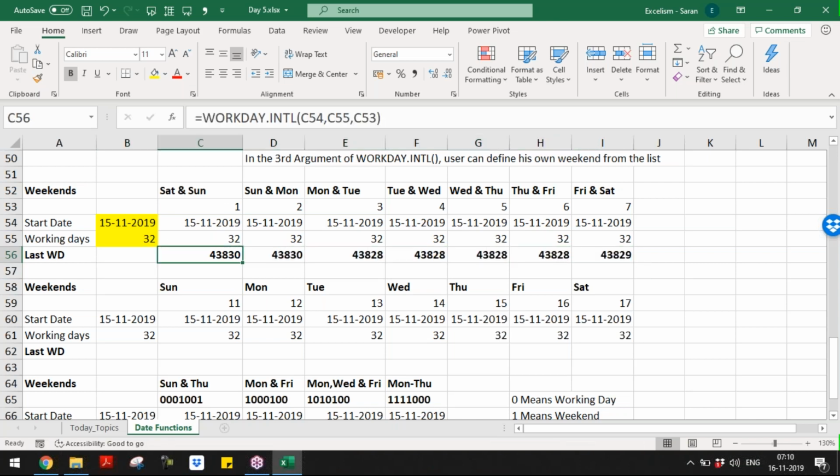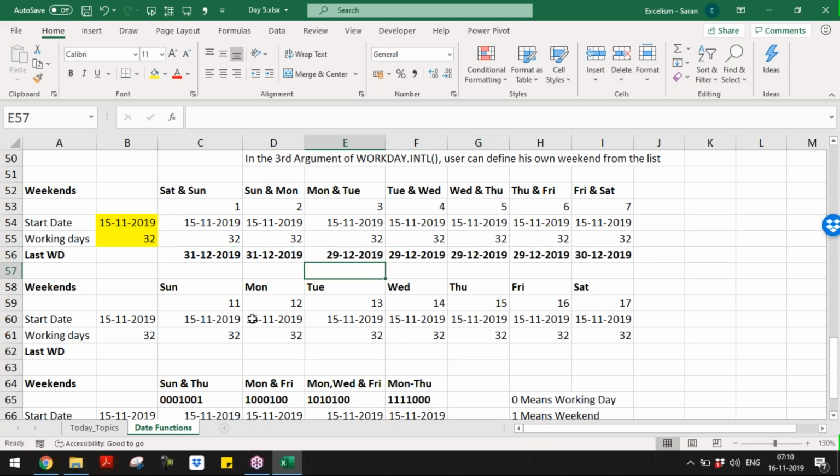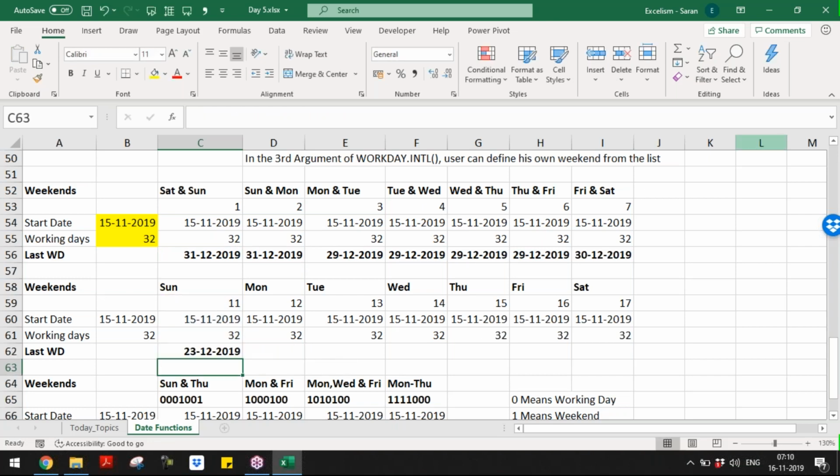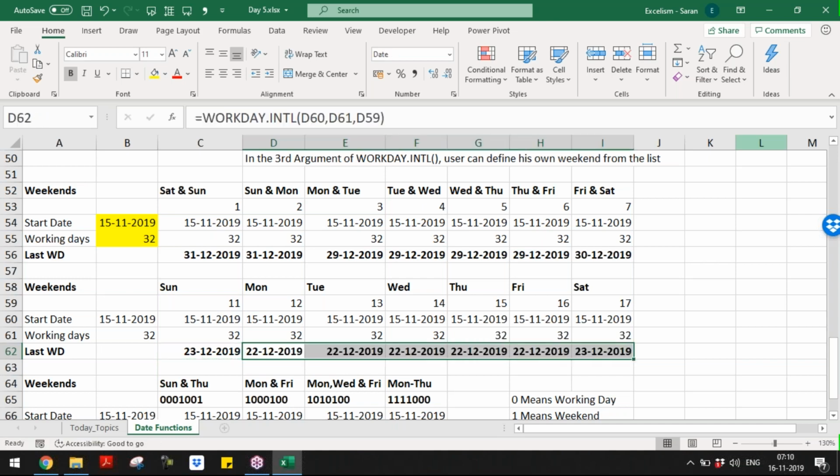No problem, because my last working day is a date. Now, if you want to consider only Sunday, the same function, with start date, how many working days, and the weekend as 11.